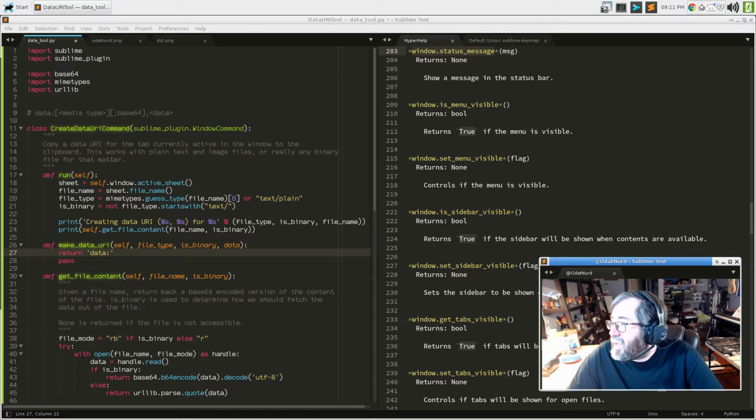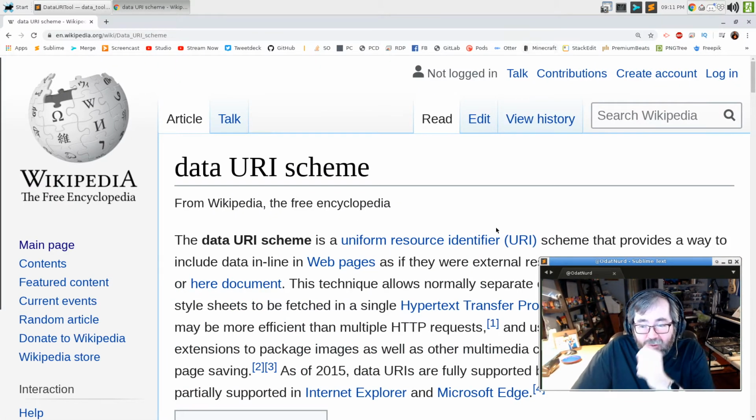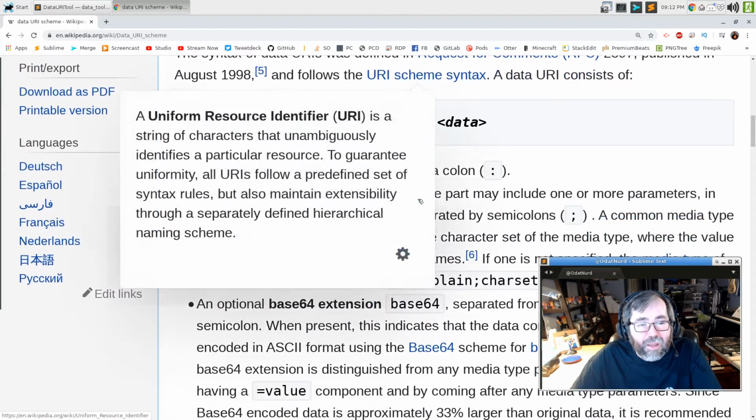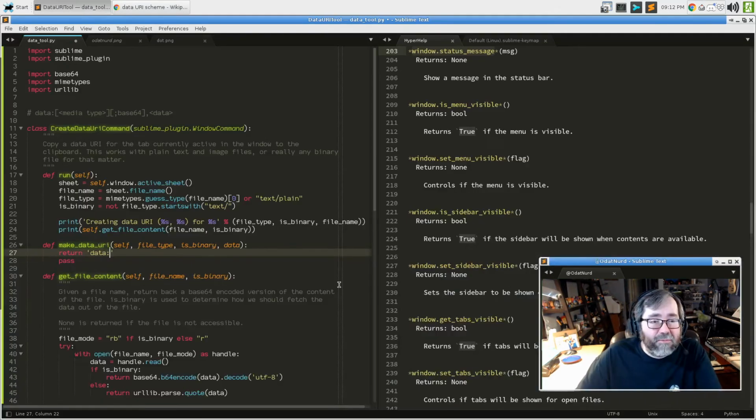Wikipedia. Well, yeah. I visited this page 2 times today. Uniform resource. Oop, don't do that. Optional media type may include attribute equals value. A common media type parameter is charset. Well, we're not going to be doing that here because I don't want to try and figure it out. You definitely want to have it for an image, I think. But for everything else, do we care? I guess for the sake of clarity, yes. So